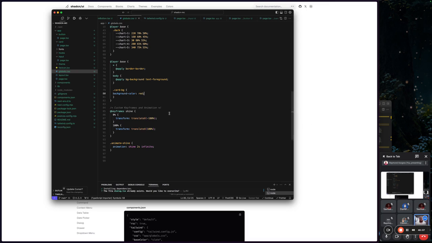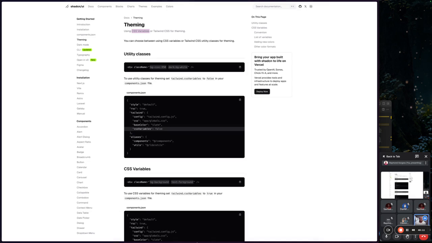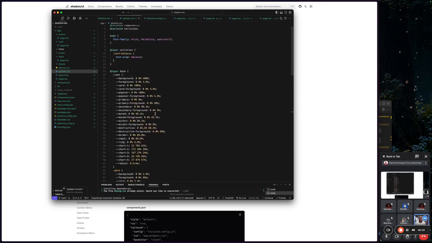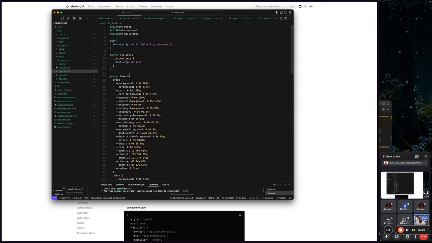So once you define it, you can now go to the code base where you want to apply it, and what you want to apply is this class. You apply this class to that particular element you want to have this background. So that is how you can use it. So if you look at this on the top here, we have this one called utilities here